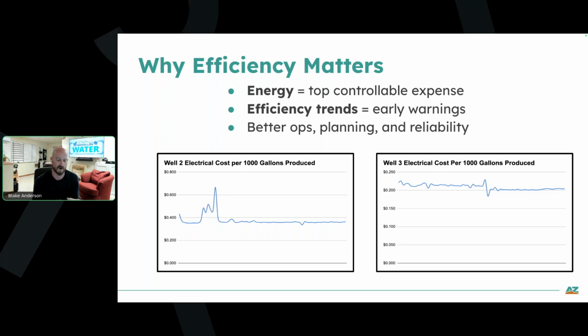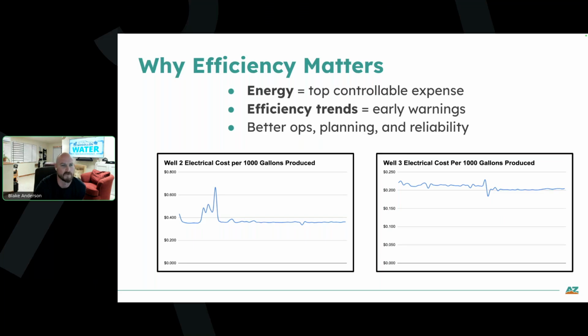Your impellers start to wear out. As the impellers start to wear out, you have less resistance, so things are spinning faster, and then there's more amp draw. And so you can see that continue to spike and then fall once we made the replacement, and then we have this nice steady flat line from there.